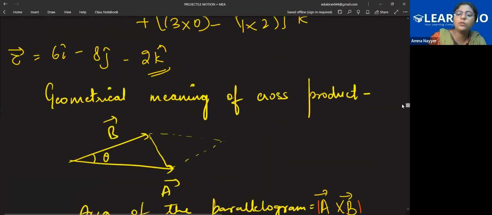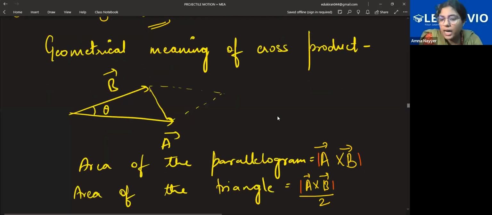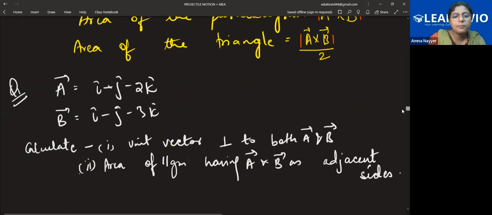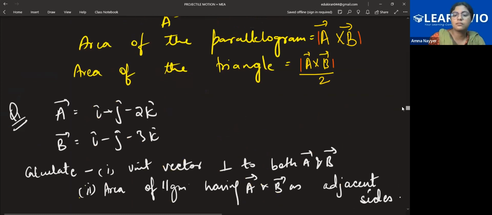Sometimes you will see a question where you will be asked if A and B are the two vectors representing the adjacent sides of a parallelogram. Even if this line is not mentioned, you will directly see from the diagram that yes, they are representing the adjacent sides of a parallelogram, right? The cross product's geometrical form will be given by the area of the triangle or area of the parallelogram, but the best is the area of the triangle. This is just a geometrical meaning which we write. Now class, write down this, but tell me this question. First write it down.